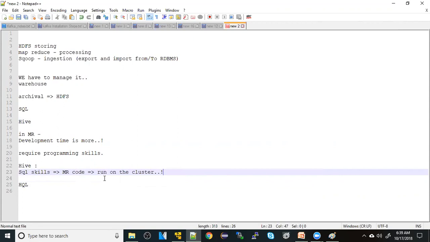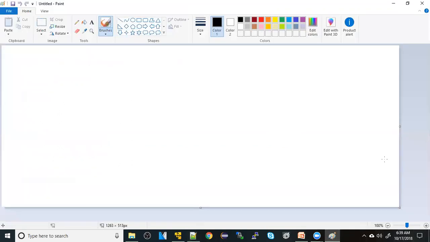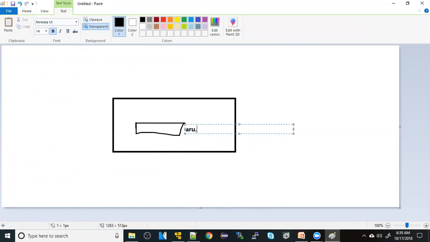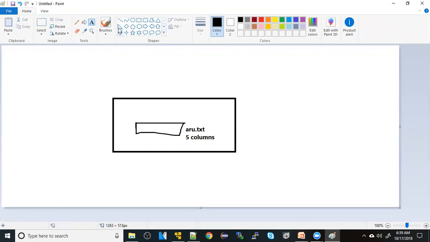So this is what it does for processing. For storing, we can store using the metadata. Hive stores the metadata, and the data will always reside on HDFS. Hive is just working like a layer of metadata. Let's say we are putting data into HDFS. We have one CSV file here, a txt file, and we know it has 5 columns. Just because it's structured and it's a CSV file in txt format,